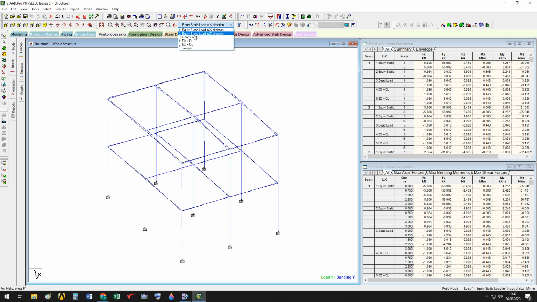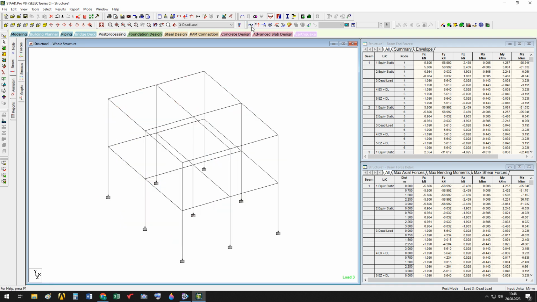Let's obtain this under that load. Can obtain bending moments. If we have torsion, you can see that. If we have shear force,